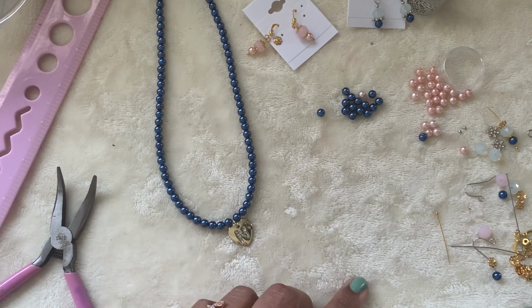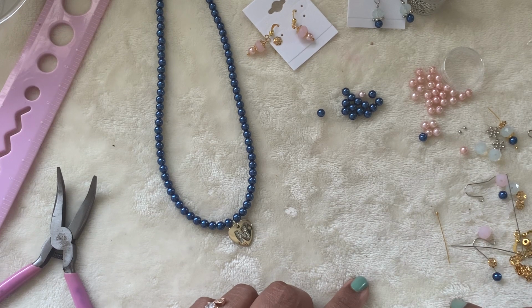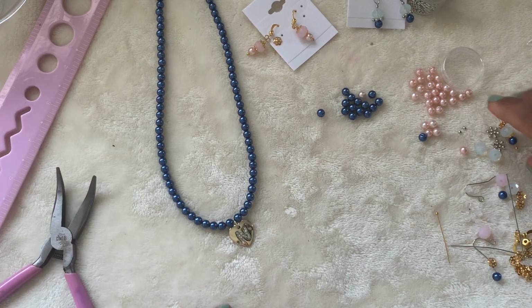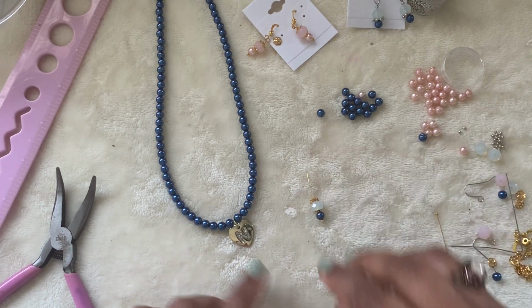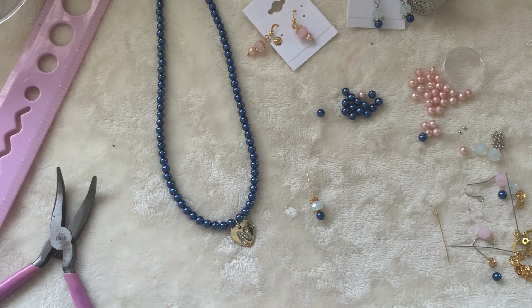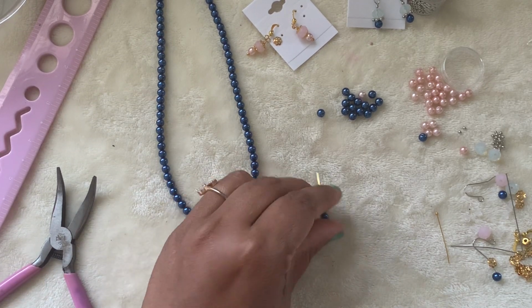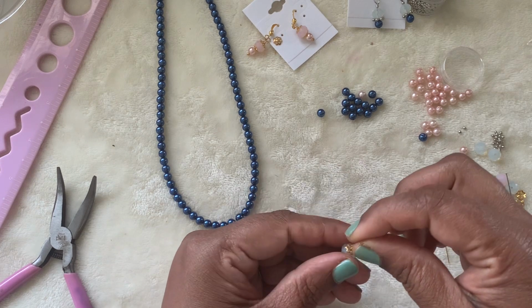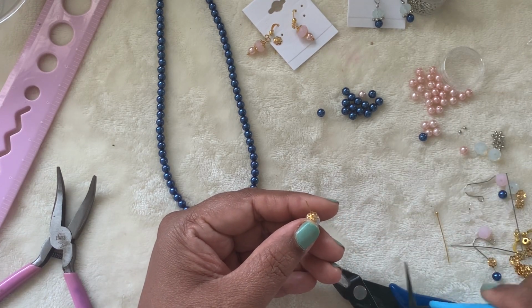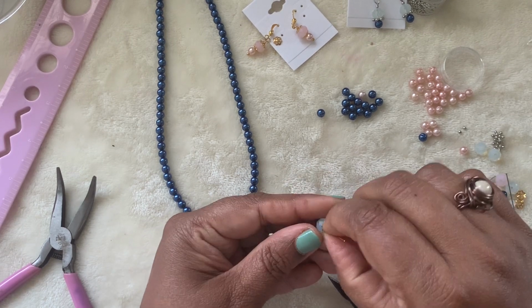Now we will concentrate on the blue earrings. So for the blue earrings, I want to do the gold one because the pendant is gold, and in some blue earrings I did the stainless steel one because the pendant is stainless steel. So here we go. I take this, and this one is a soft